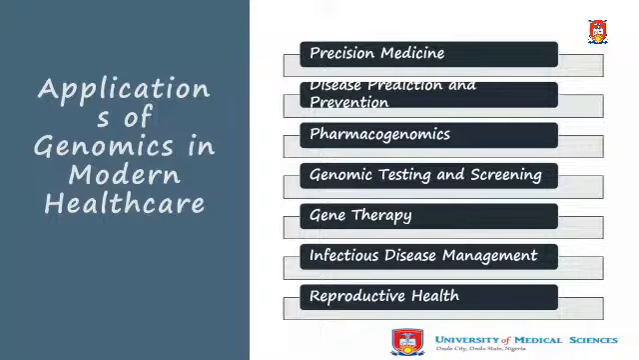Pharmacogenomics, genomic testing and screening, gene therapy. How do we manage infectious diseases and reproductive health? They're doing a lot of this even with reproductive health. We have many clinics now that do, I've forgotten, what's the name? They type the mother, they do a lot of genomic testing now before, when, please remind me, a woman